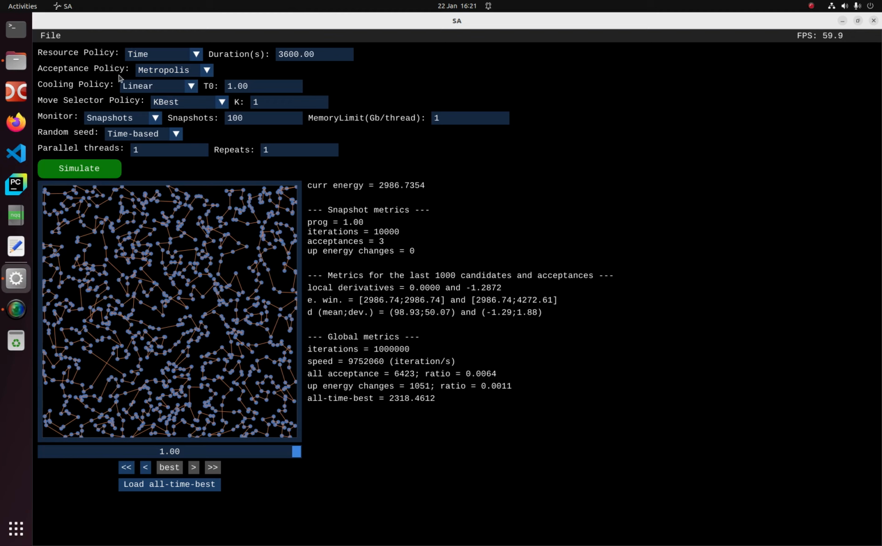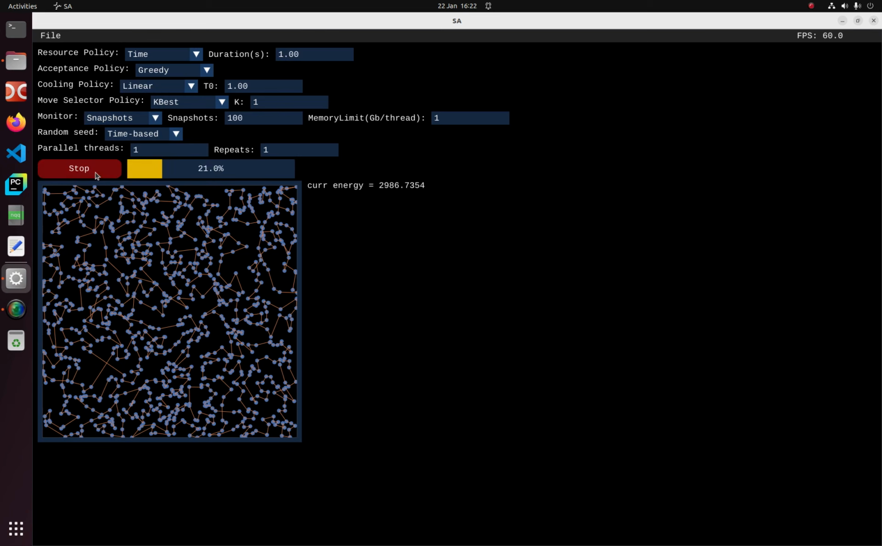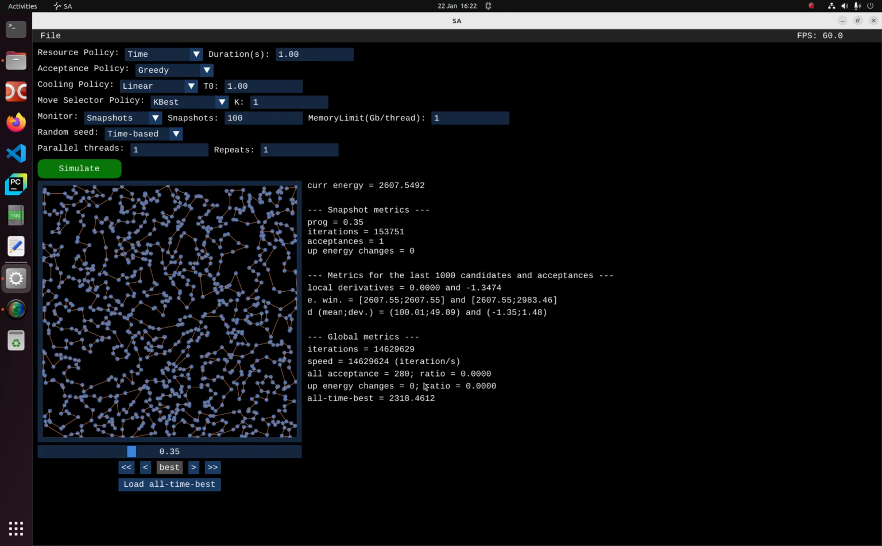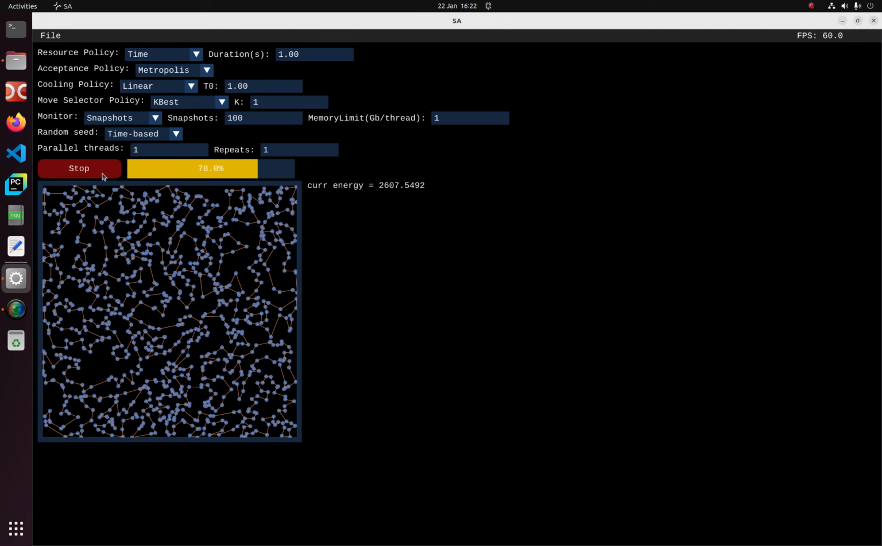Let's check the other policies. The default acceptance policy is Metropolis, which is a very well-known acceptance policy for simulated annealing, but the other possibility is the greedy algorithm. We already talked about it. And if I run with a greedy algorithm, not for an hour but for a second, then there will be no up energy changes, as expected. But it usually does not give a very great solution, so let's use the Metropolis